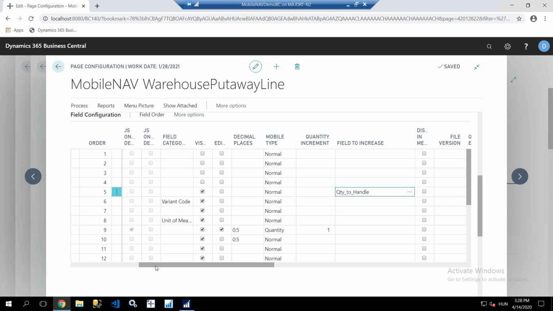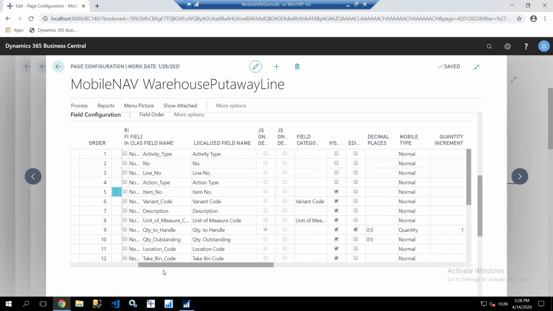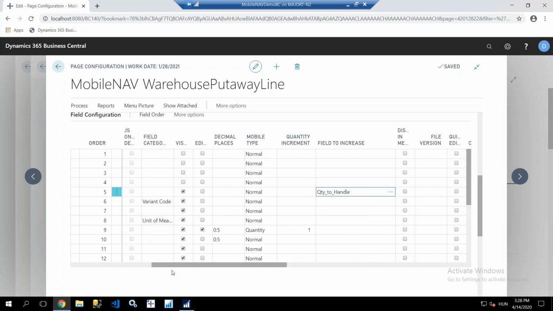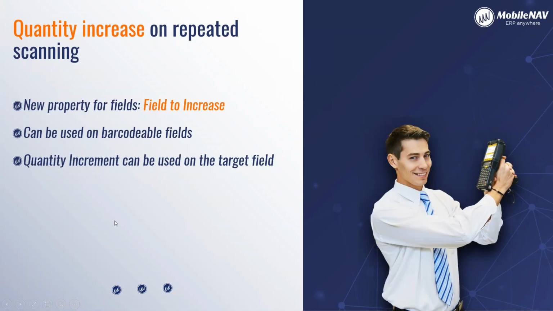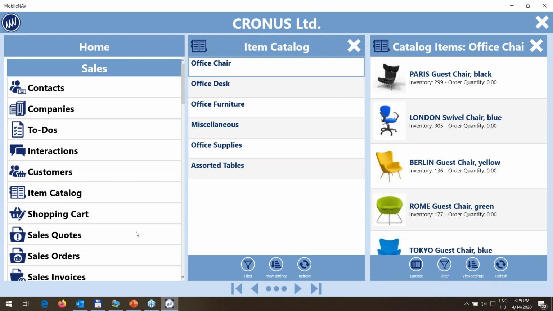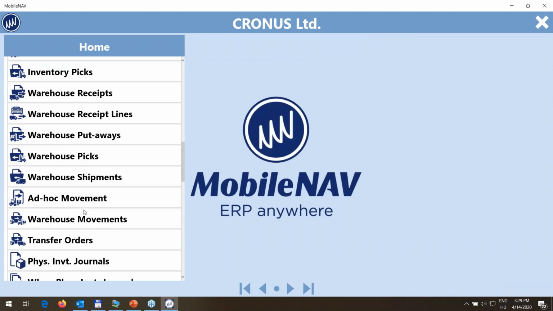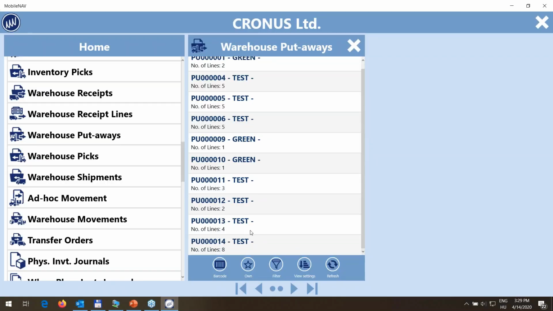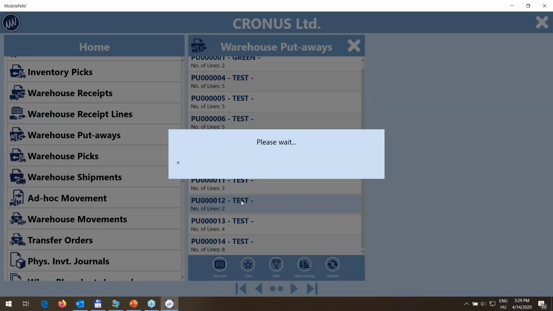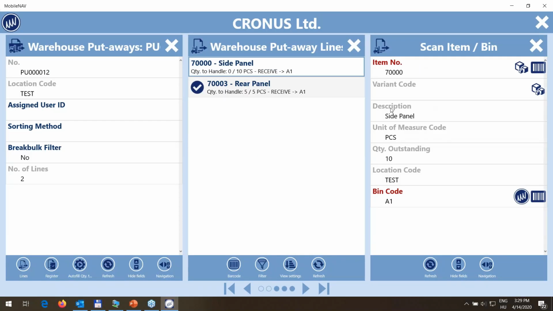All you need to do is basically bind the item number, which is what you scan, together with the quantity field, which needs to be increased. So that's fairly easy. And let's see the demo for this one. So let me go back to the warehouse putaways. And I have a prepared warehouse putaway here,